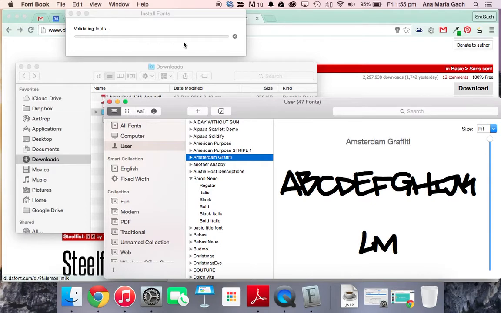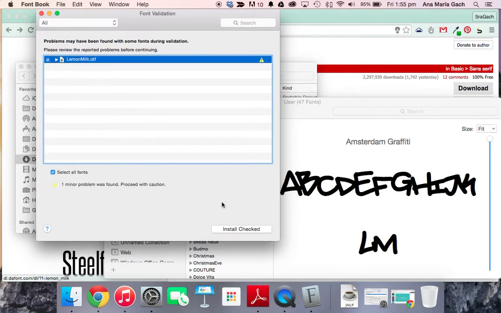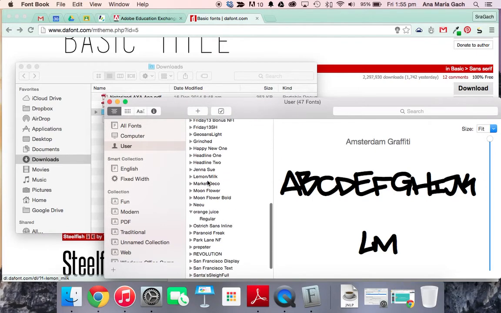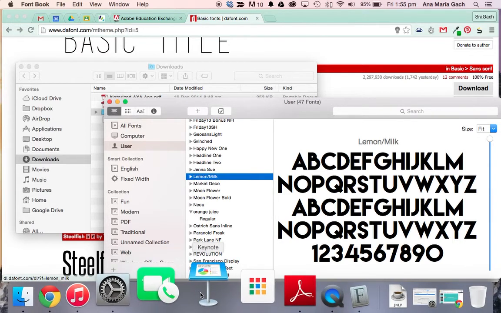And it takes usually about 5 to 10 seconds. Sometimes they'll say they have problems. It doesn't matter. Just hit select, install checked, and then it will show up here. So I know I had Lemon Milk, so let's check it out. There it is. Looks gorgeous. I absolutely love it. I wonder if there's any, it's just a regular one, but sometimes some might have bolded or whatnot. So once I'm ready to use it, let's say I want to use it in a Keynote presentation,